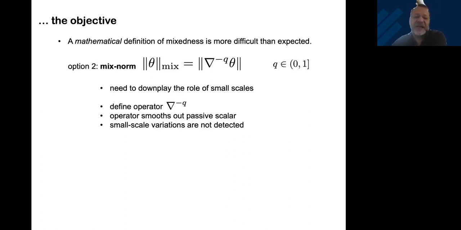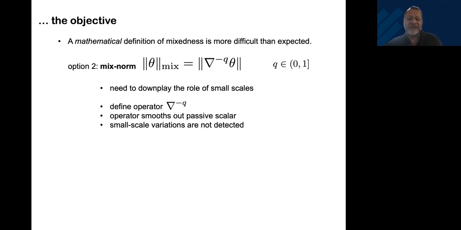Okay, so first we have to define what that means. This is what's known as a negative index Sobolev norm, and the gradient to a fractional power is what's called a pseudo-differential operation. So it's a fractional derivative. And because it's negative, it's not really a derivative. You can think of that as a fractional integral. A 2/3 gradient would be a 2/3 derivative, and a -2/3 gradient is a 2/3 integral. So it's an integral quantity, that's why negative.